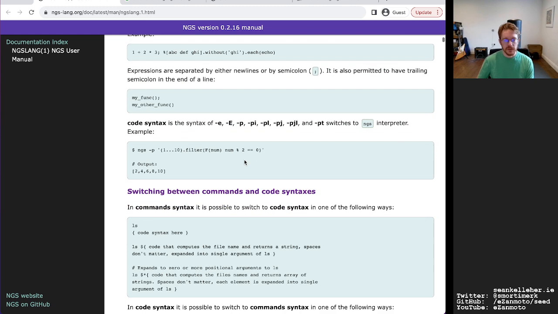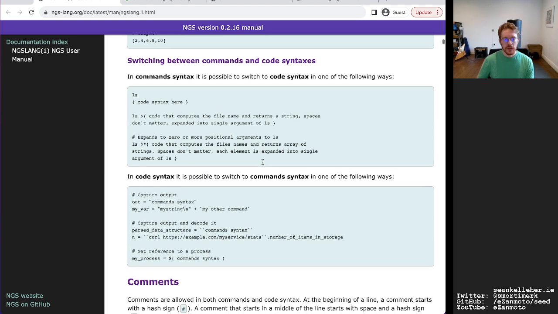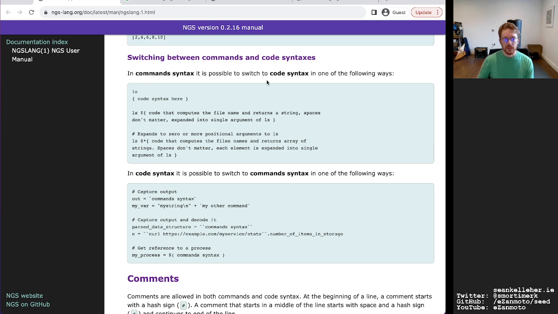Code syntax resembles other languages. In the code syntax is the syntax of those switches to the interpreter. So if I pass P, yeah. In command syntax, it's possible to switch to code syntax in the following ways. Okay, so that's cool. So you can create a block. Or does this create a block? So what's happening here? We've got ls.